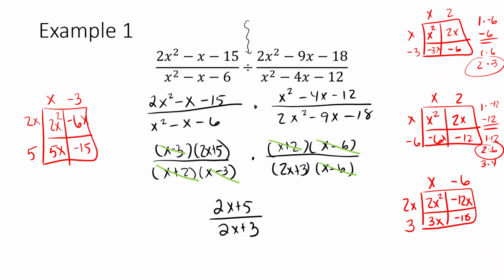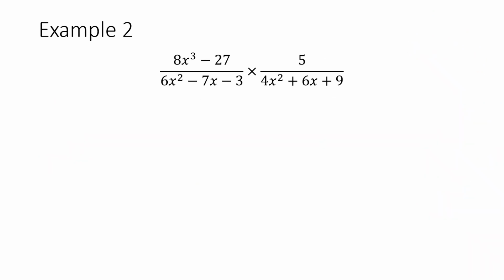All right, let's look at example 2. This one is a multiplication one, and it does look a little bit different. So we have a 5 here. We also have a difference of cubes. So this is our soap sandwich. So when we go to factor that,